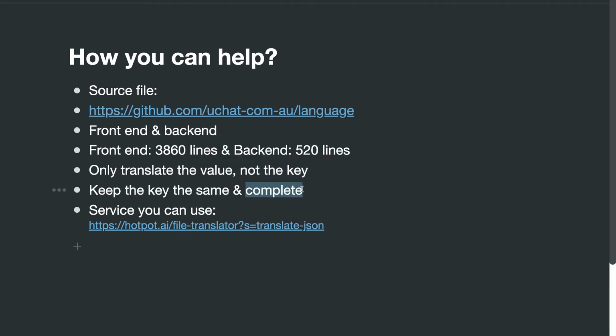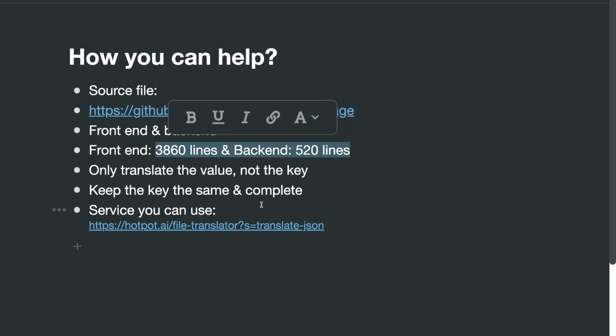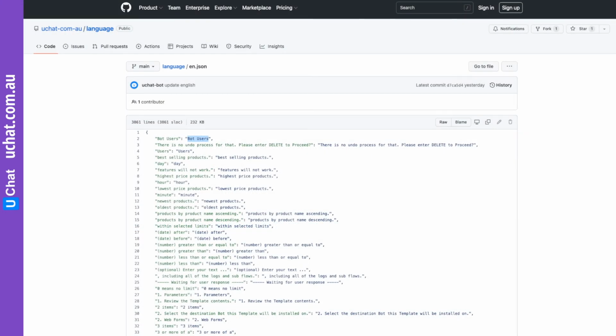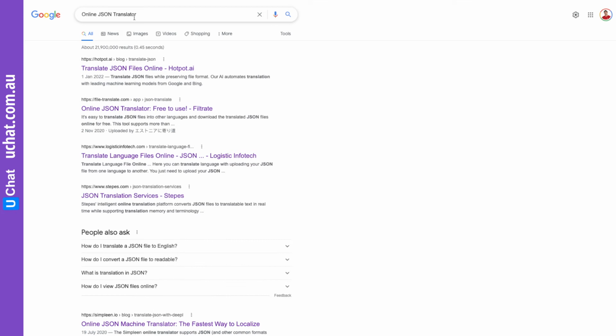Otherwise, our system will not recognize it, there will be missing keys, so it will not be usable for us. Also, since this is a lot of content, we suggest you use an online JSON translator. That will do the first level of translation, and then you can make changes based on the result. You can search Google for online JSON translators,